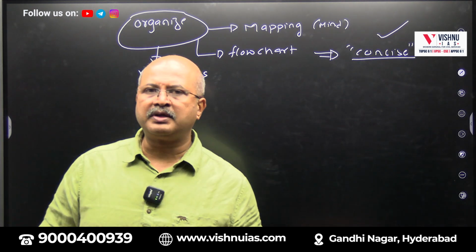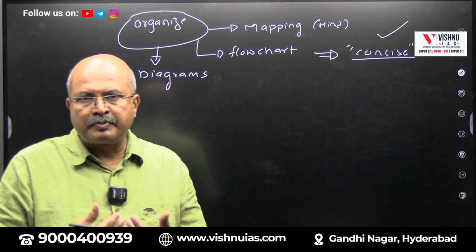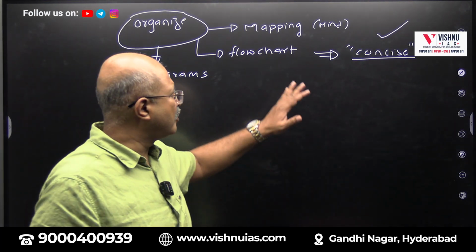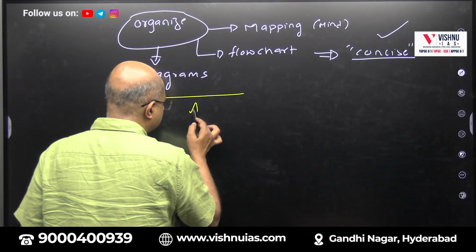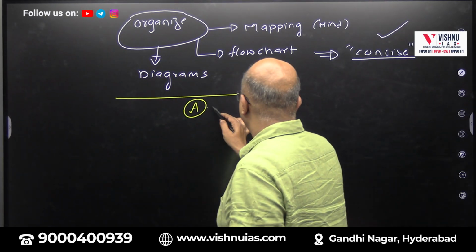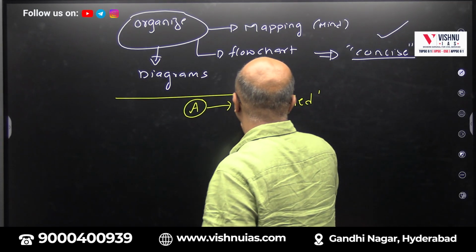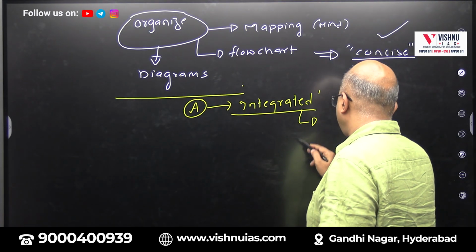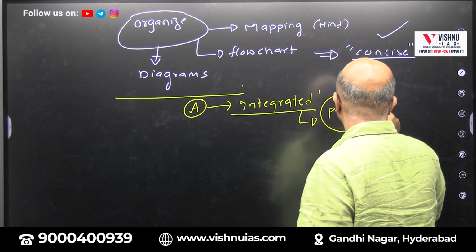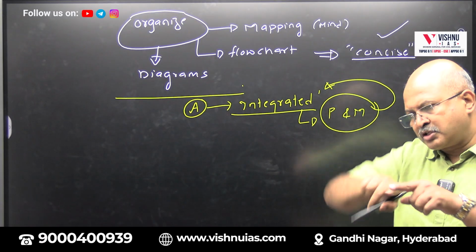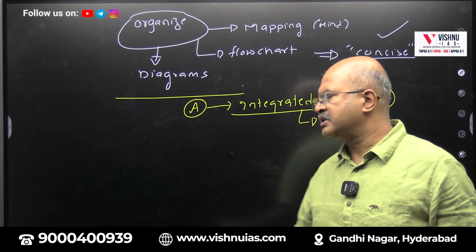So everybody says smart work, everybody says that you have to do it in an honest way. Smart work depends on your perspective, how you take it for the preparation. So this is all about the exam. Now here in Vishnu Academy, when we take up the classes, we call it an integrated approach. In the integrated approach, we take into consideration both prelims as well as mains. Prelims and mains are both combined here. So it is not in isolation. Concepts are done, facts are done, events are taken, application is done, everything is added to that.